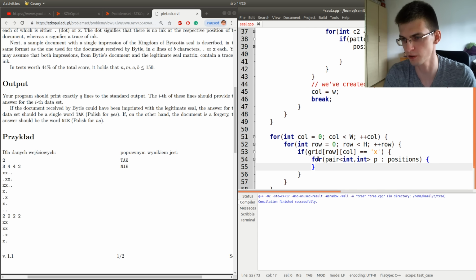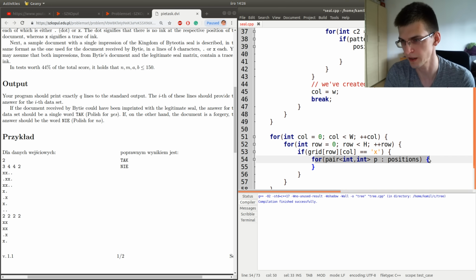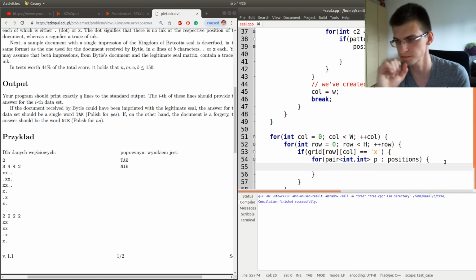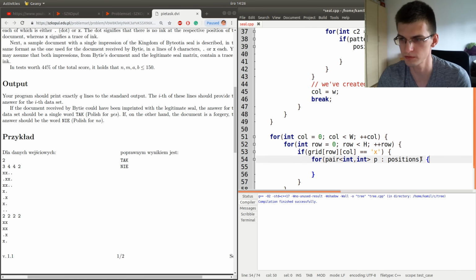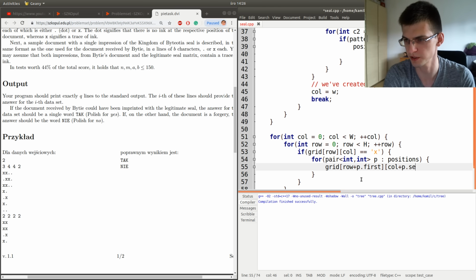So this is equivalent to iterating over index of this in this positions vector. But this is how you write it more easily in modern C++ or Java. And here what we want to do is grid of row plus p first, col plus p second, turn to dot.